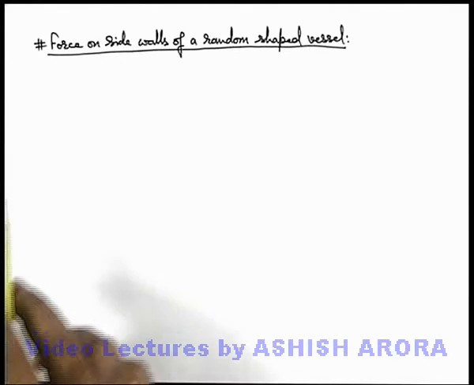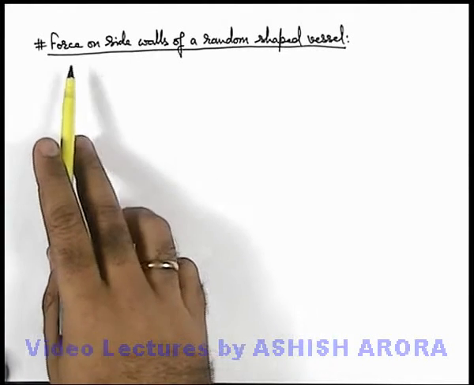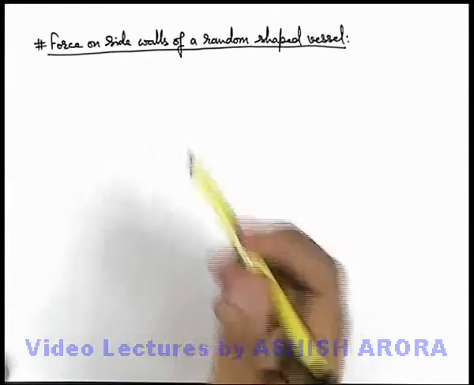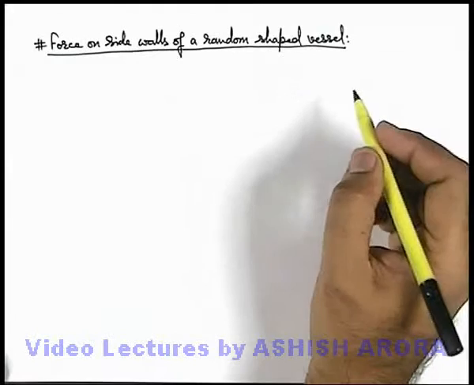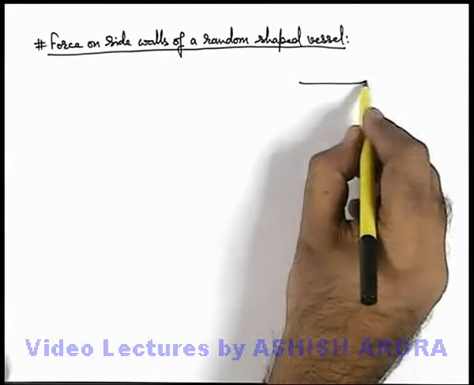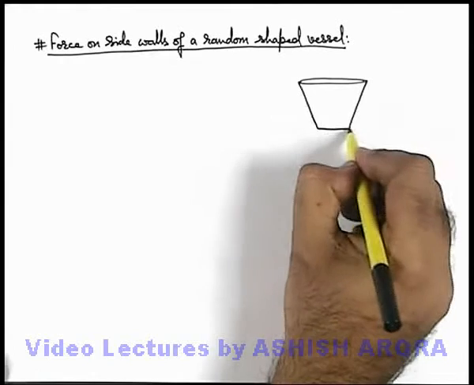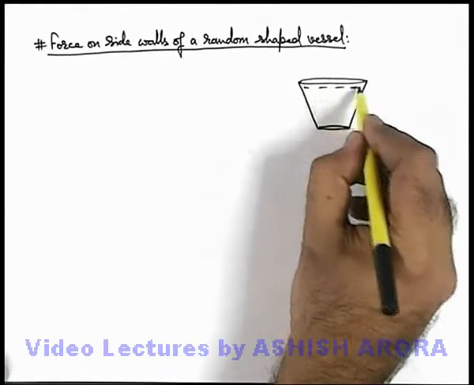Let's discuss the concept of calculation of force on the side walls of a random shaped vessel. Let us first discuss a typical vessel which we usually use. Say we are given a conical bucket in which we fill up the water,